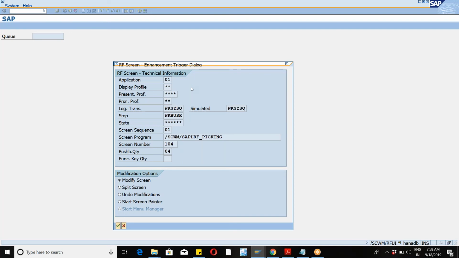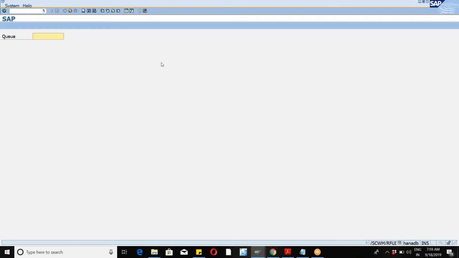Clear. Now coming to this particular presentation profile. Presentation profile is a profile where we will be assigning this at a warehouse level. Okay, warehouse level in the sense where we will be having it at a warehouse. If you remember for our one maybe